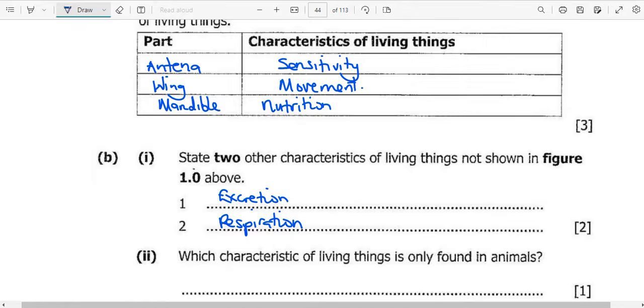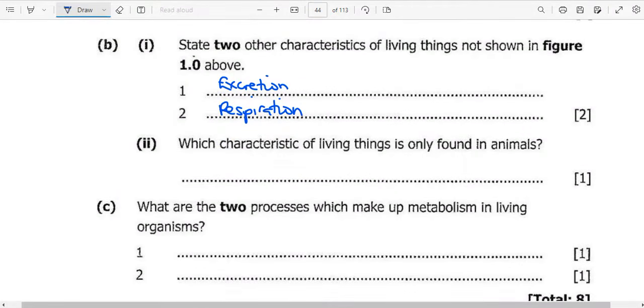Okay, which characteristics of living things is only found in animals? So which is found in what? In animals. You'd find that these characteristics that we mentioned, which are 7, you'd find that in plants and animals, both there is growth, and both there is respiration,